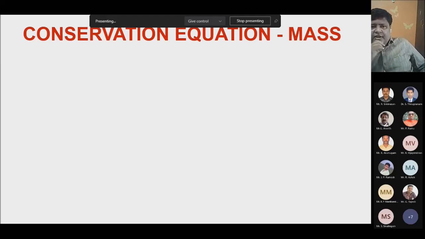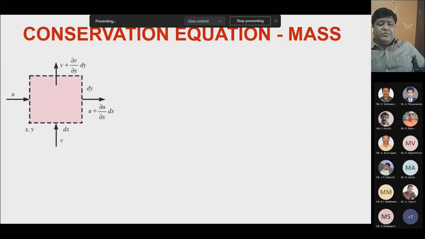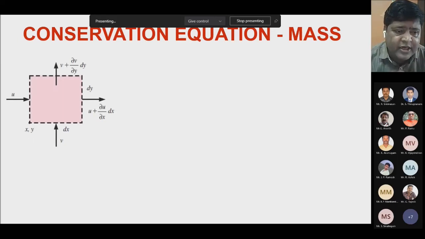So, the conservation equation of mass. We have the basic differential equations that are very important for us when we do convection. Let us take a small control volume here, with a small differential length dx in the x direction and dy in the y direction. The velocity of fluid entering in the x direction is u, and u plus dou u by dou x into dx is the velocity leaving the control volume. How do you get that? By doing a Taylor series expansion of velocity.